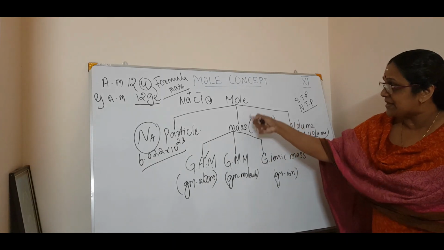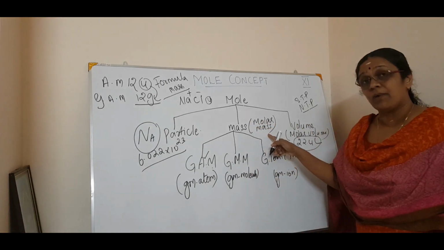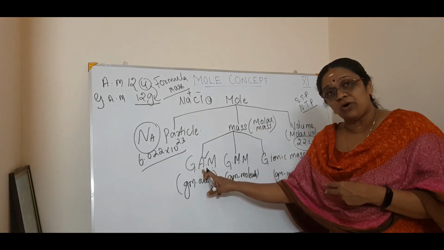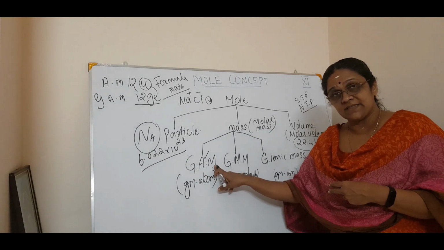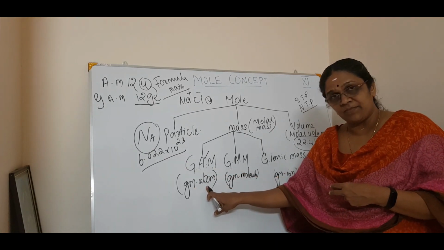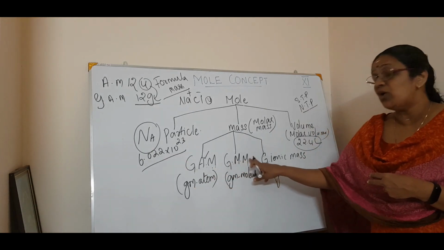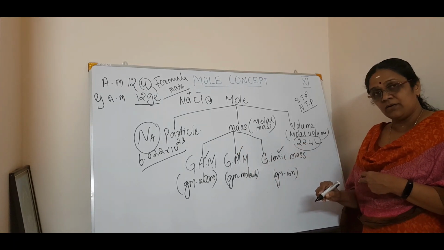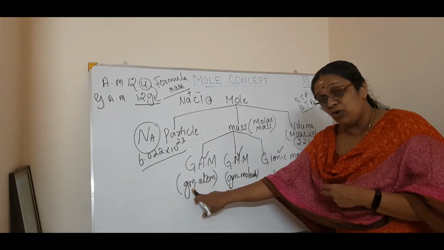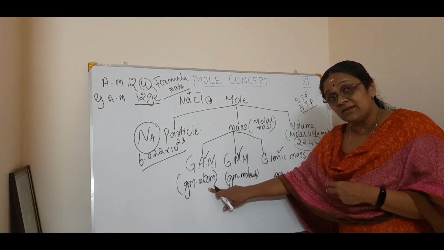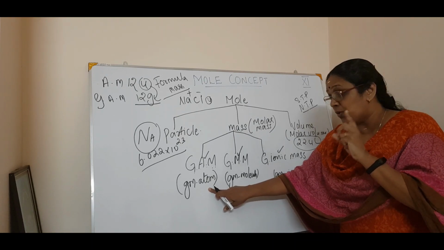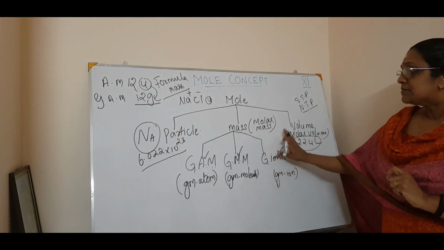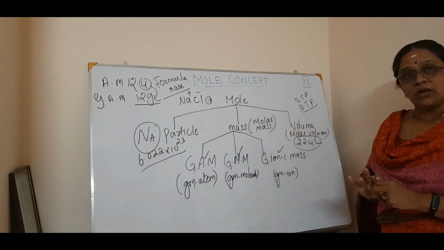Clear? Then you can represent the mole in mass, which is called molar mass, which can again be divided into 3. Particles like atoms, which you call gram atomic mass, GAM, that is gram atom. Now gram molecular mass, that is molecule. And gram ionic mass, that is ion. So please remember, if in numericals gram atom is there, just note that you are getting mole there. So this is the representation of this mole.